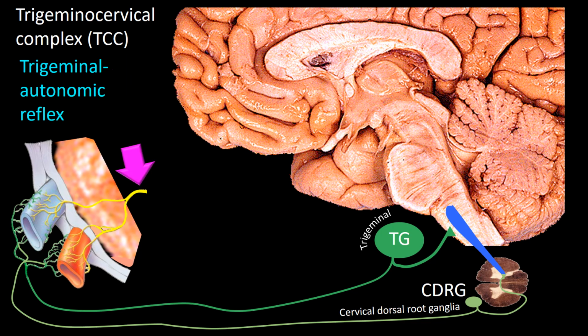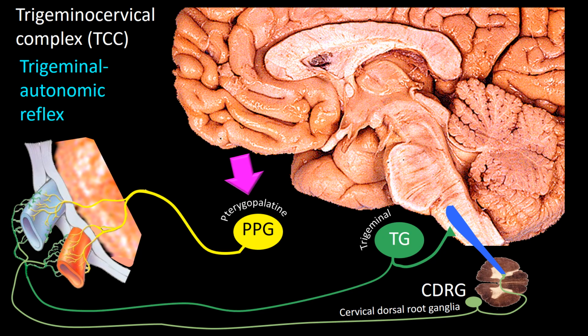This nerve is made of postganglionic parasympathetic fibers that arise from the pterygopalatine ganglia. The neurons in the pterygopalatine ganglia are innervated by preganglionic parasympathetic axons arising from the superior salivary nucleus, also called, at least part of it, the lacrimal nucleus. Now, I want you to turn your attention to the spinal trigeminal nucleus. Neurons in this nucleus connect with the superior salivary nucleus, thus forming a loop between sensory and autonomic neurons innervating